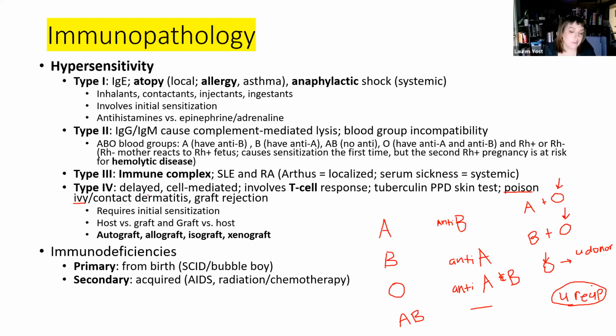Moving on to the immunodeficiencies or the hyposensitivities. Primary, this is anything that you get from birth, so it's genetically related. In the lecture we talked about SCID, severe combined immunodeficiency. It can often be X-linked, so it's usually involved with men because it's associated with the X chromosome, and men only have one X chromosome, so they don't have an alternate X chromosome to fall back on for the proper gene for it. So men tend to be the ones that have SCID.